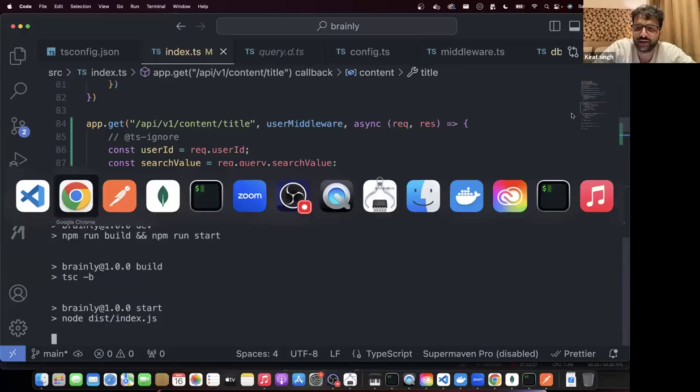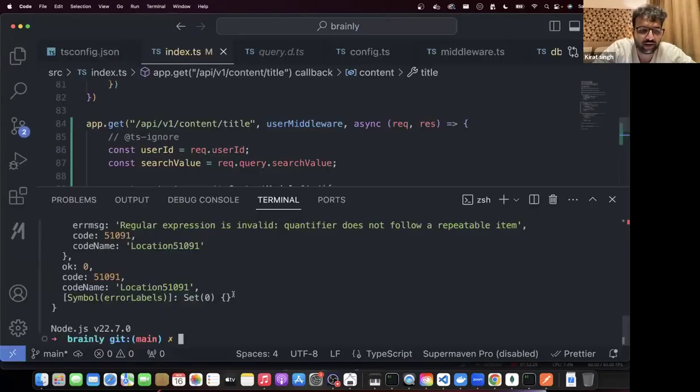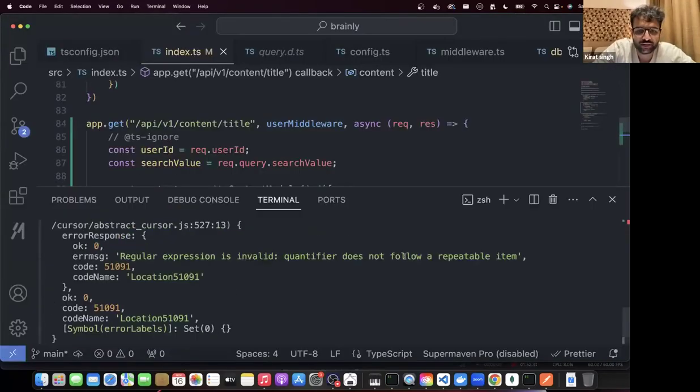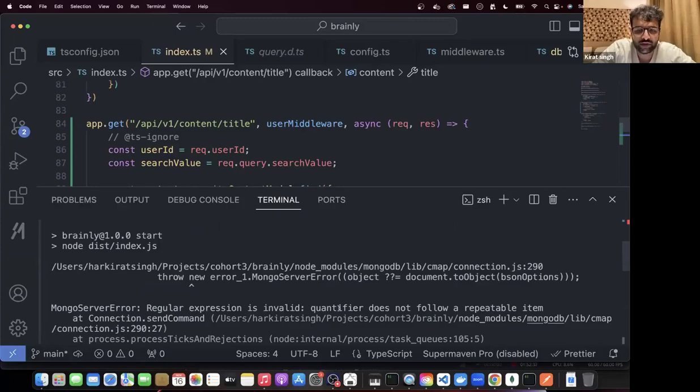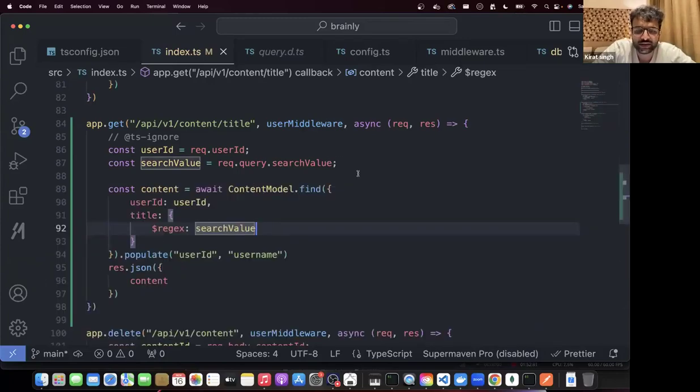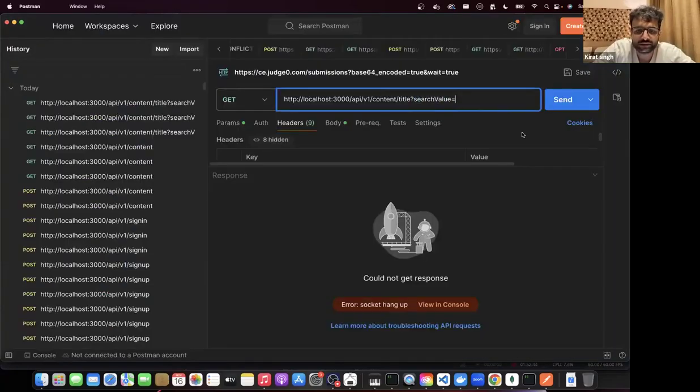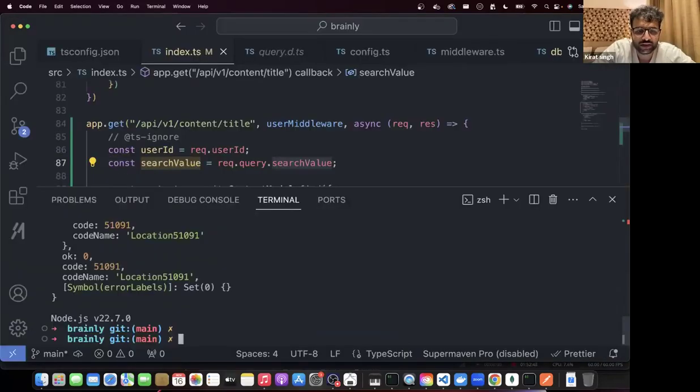At least the backend started. Let's send a request. Failed again. Reg expression qualifier follow a repeatable item. Quantifier does not follow a repeatable item. What is a good regex? Search value, star, search.